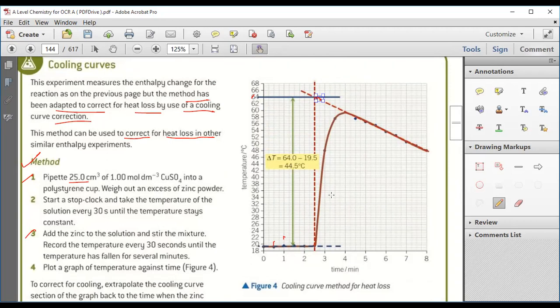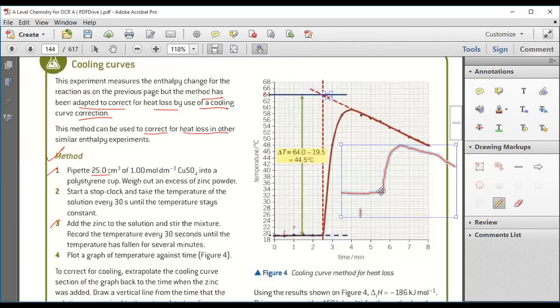Whenever you are doing this, you will get something like this. First of all it will remain constant, then it will increase, and then it will decrease like this. Now, for this temperature, they made a straight line there, and then with that slope they made another straight line. At this point you will get a point, and there they took the temperature scale. Okay, clear? Let me delete all these things.